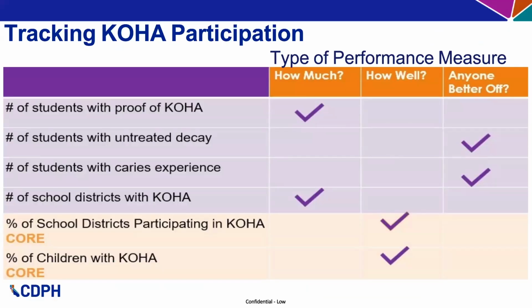So for the purpose of tracking COHA participation, Office of Oral Health utilizes the results-based accountability framework, which organizes performance measures into three categories. The how much, how well, and is anyone better off? So how much captures the extent of the program, the volume of the workload being done. So as you can see here, an example would be the number of students with proof of assessment and the number of school districts which are participating and reporting